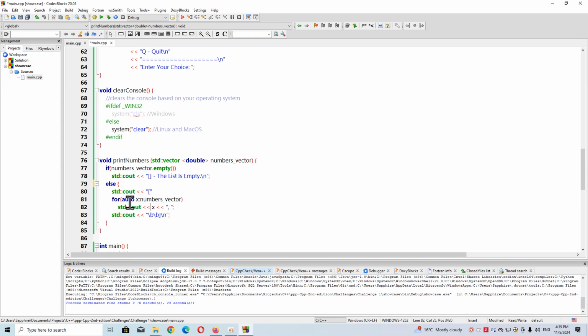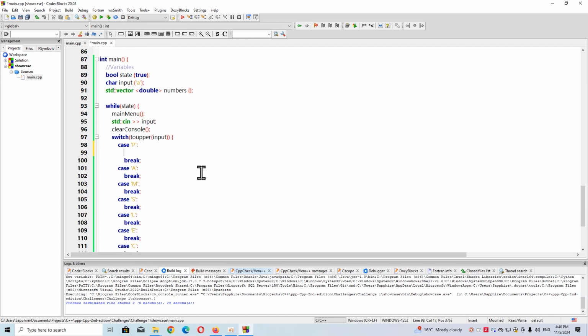So for example, this is the parenthesis that's going to be printed in the beginning. Then we have this for loop. If I want to translate it, for each x inside the numbers vector, you just print out the x followed by this comma. And then at the end, you're going to print these backspace characters, and then you're going to close the parentheses. I'm going to show you why I put these in here. So let's